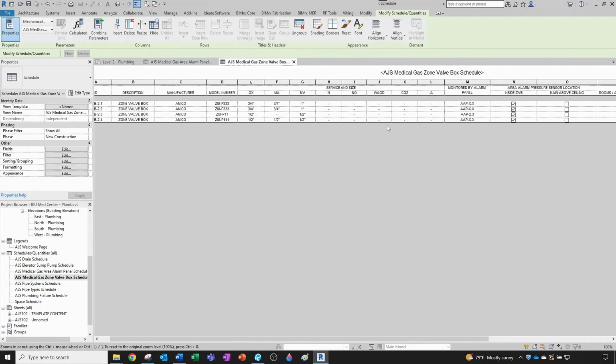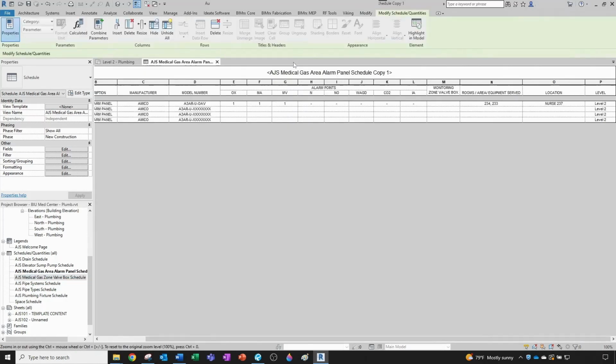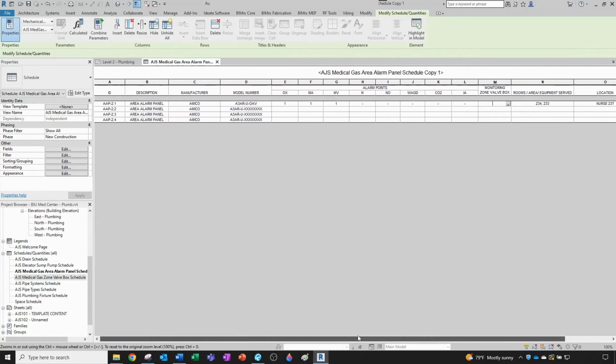Alright, looking good. Let's go back to our alarm panel. Let's just close this. And these guys could probably be yes or no parameters as well. You know, you could check yes, no, but I think I want to keep number of alarm points, so in this case it's just 111. Alright, so what zone valve box is this monitoring? Well, the easiest way to do that is to come here and you just fill them up from here. So this is going to be zone valve box